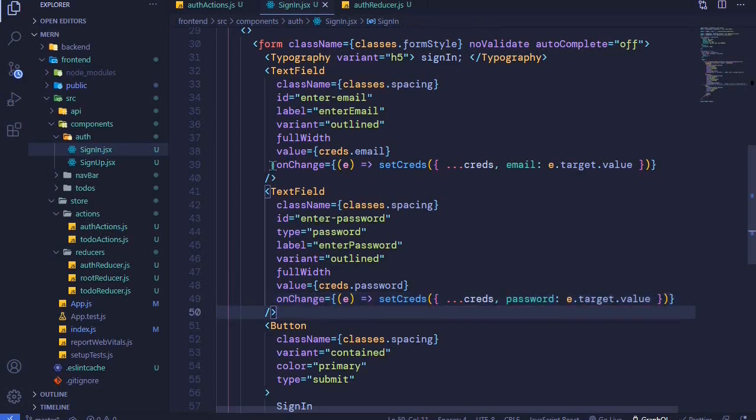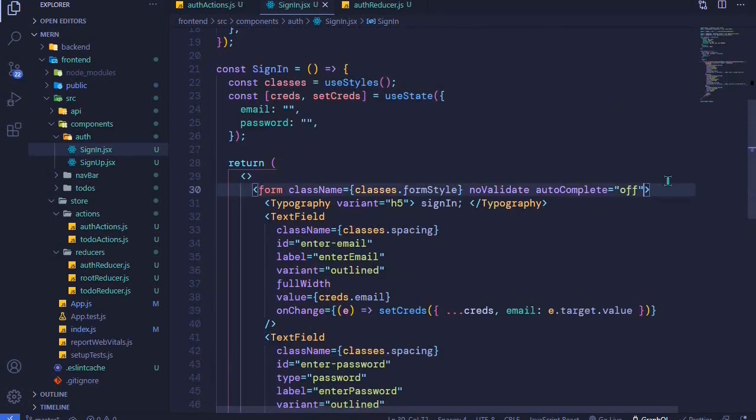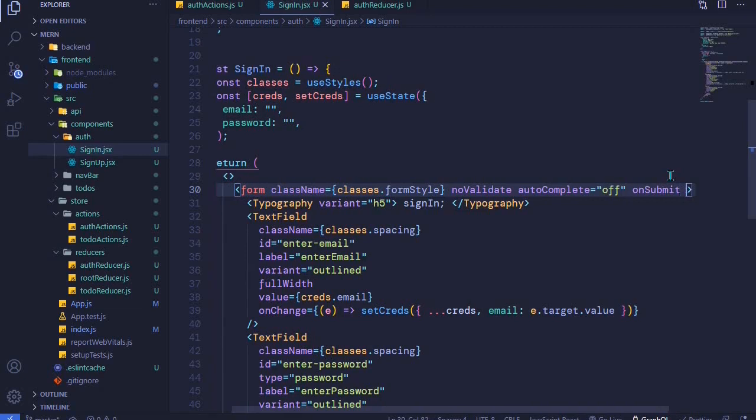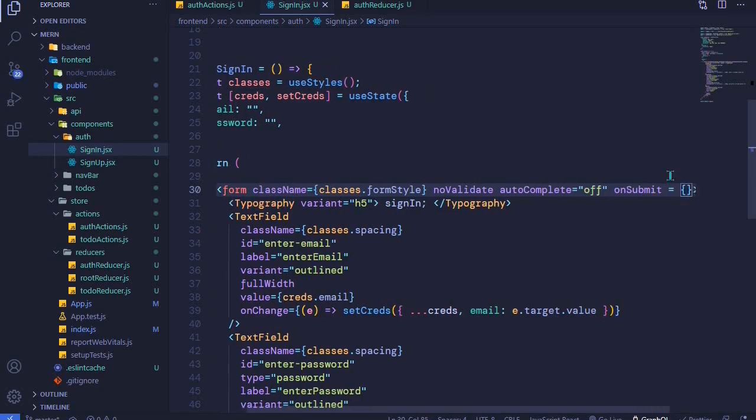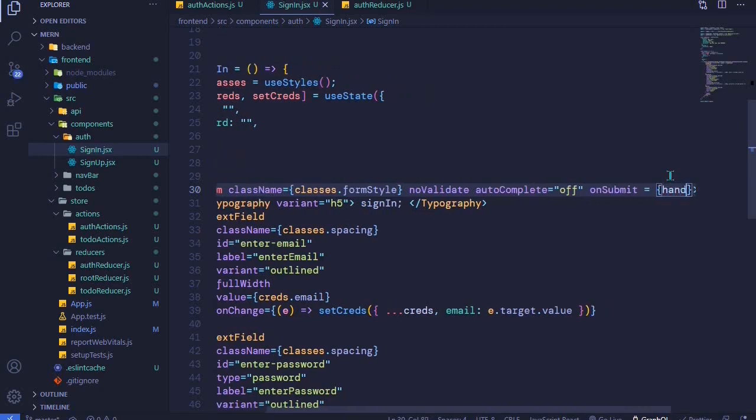So now we are correctly updating the values for email and password, and when we submit the form we will fire an onSubmit event. So right here I'll say onSubmit, which will be equal to a helper method. I'll call it _submit,